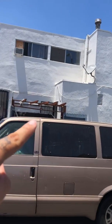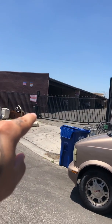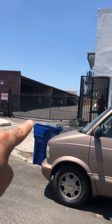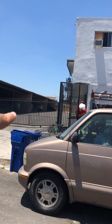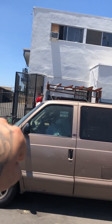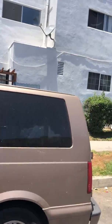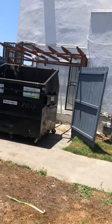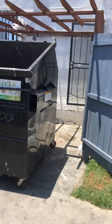And if you come all the way down, this is like a back entrance and exit for the apartments. It's actually the entrance for the apartment parking lot. So there's the parking lot, and then here's their dumpster. So the apartments, here's the dumpster for their trash right here, and where the dumpster goes